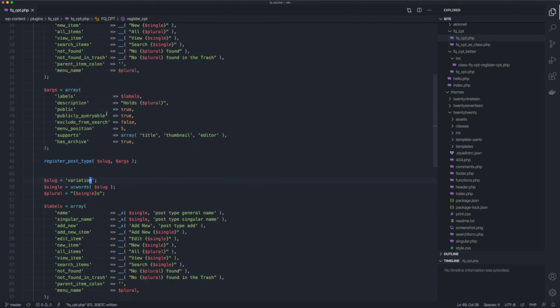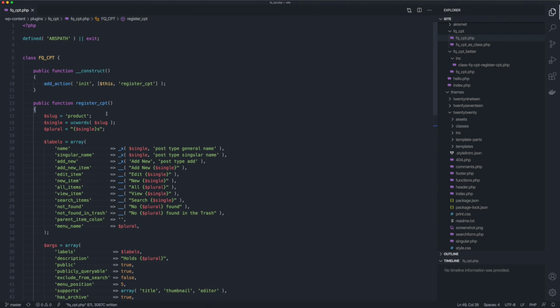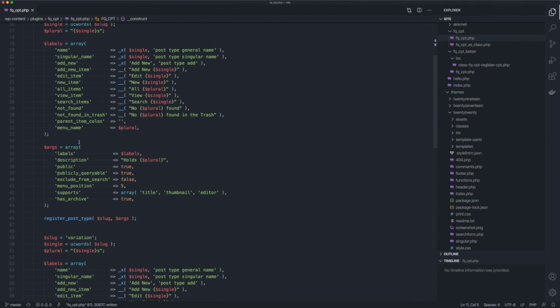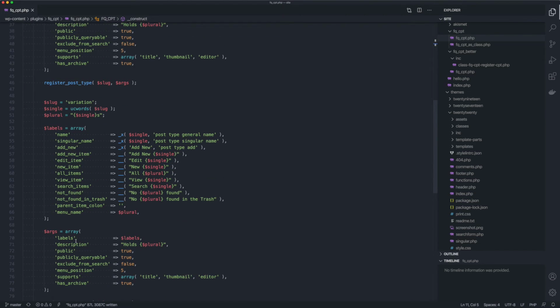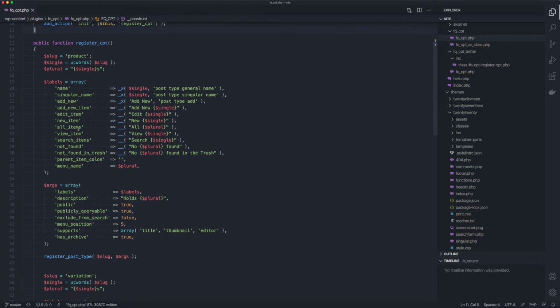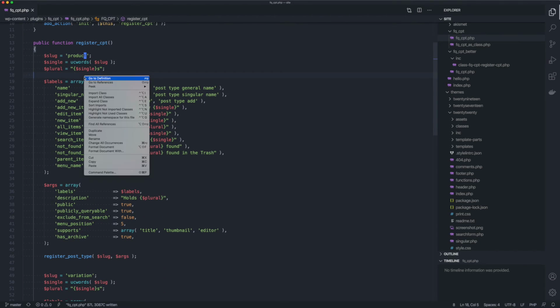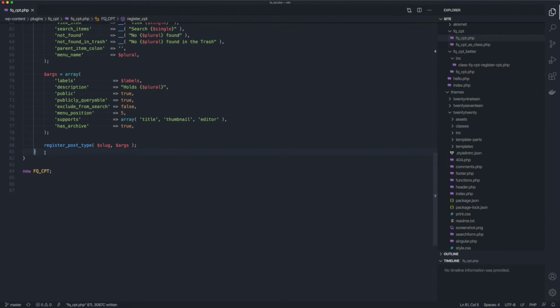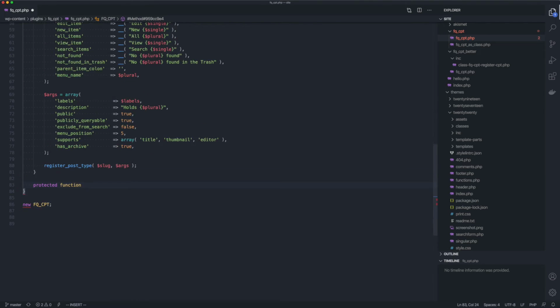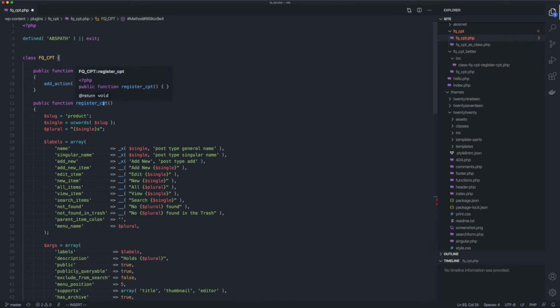So that's cool, and that works well as far as the class is concerned, but it's copying and pasting a lot of code that we don't need. It's really the only difference between these two things happening right here is just this name. And so sticking with classes, one thing I could do as well is I could say I'm going to create a new method here. I'll make this one protected function, and I'm going to change this one from register custom post type to register product types,